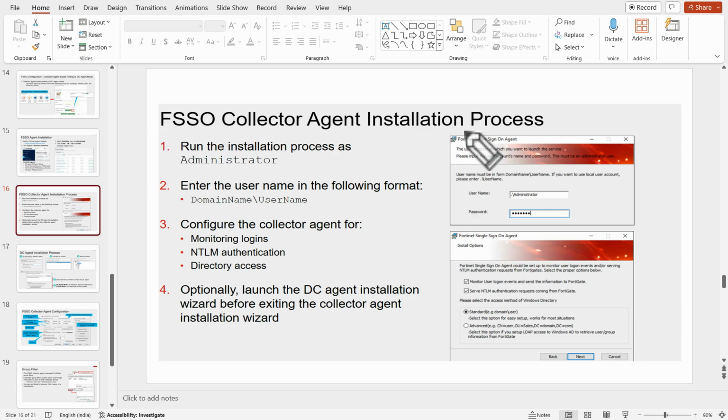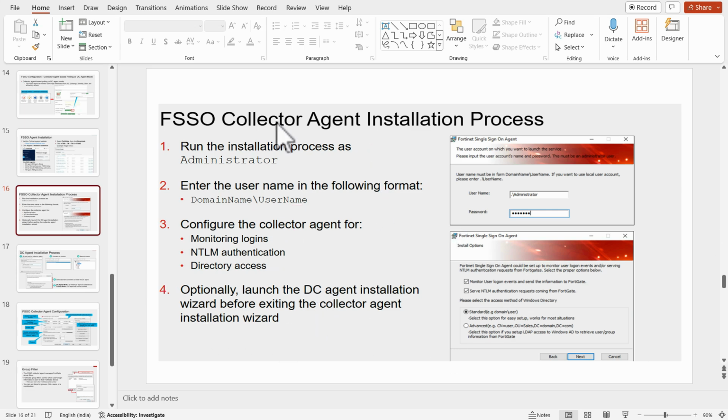The FSSO collector agent installation process is simple: it is an exe file. Just double click to open it. Second, you have to enter the username in the following format: domain/username. Configure the collector agent for monitoring login events, NTLM authentication, and directory access. Optionally, launch the DC agent installation wizard before exiting the collector agent wizard.